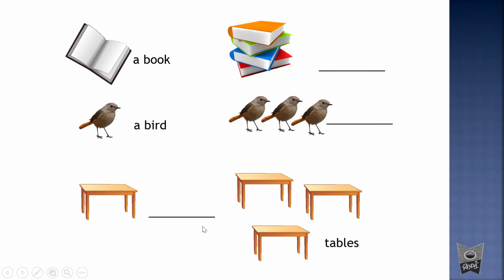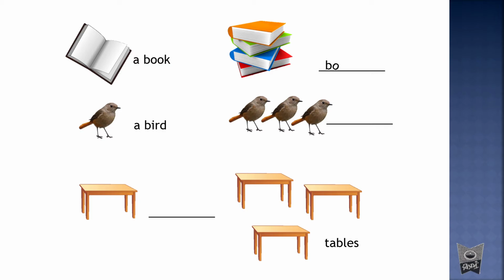Okay, chalo next. What is this? A book. What is it? A book. And these are many books. We are adding s. You can hear the sound of s, huh? After book there is a sound of s. When there are many, you will add s. So what is the spelling of book? B-double-O-K, book. And if we add s, it will become books.